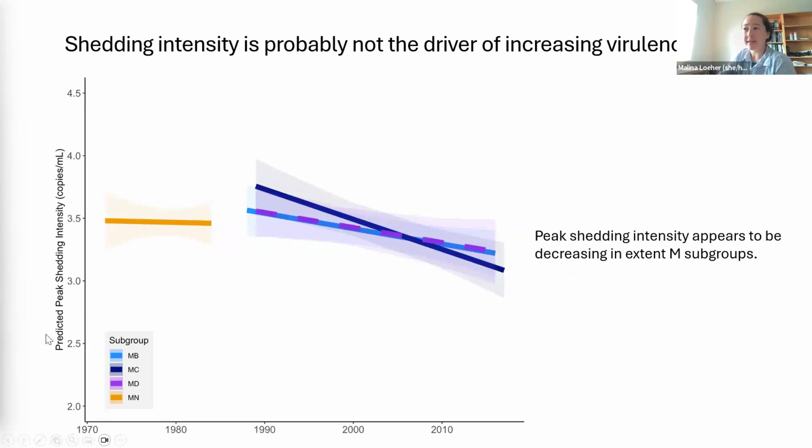And we first looked at shedding intensity. So among our 40 isolates, this was just looking at our peak intensity in that acute period and modeled across time from the 1970s to the 2010s. MN is separate here because